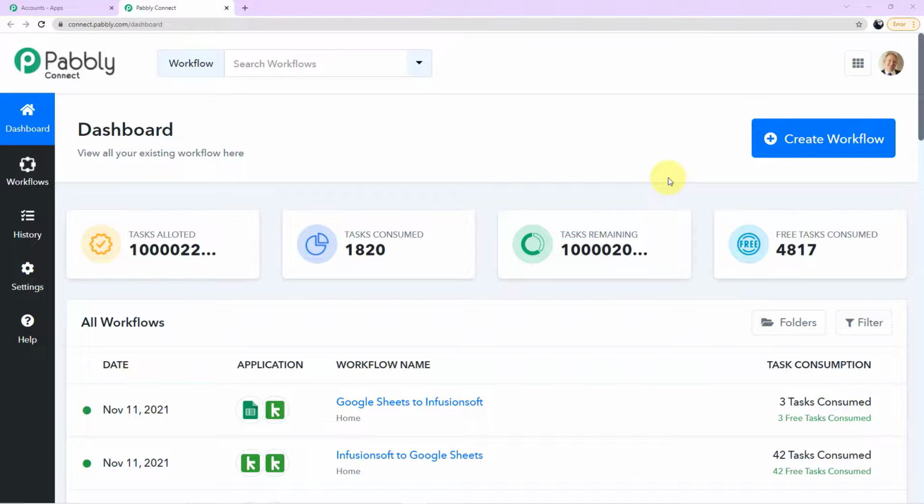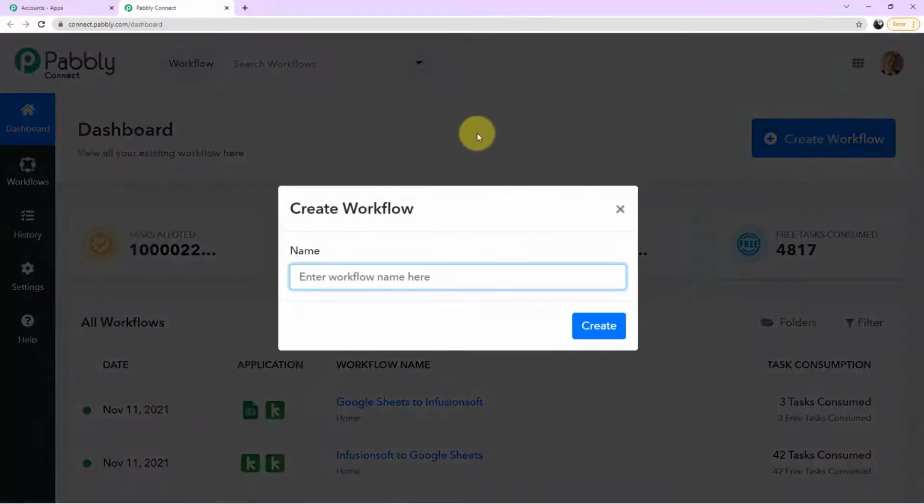As you can see on my screen, this is the dashboard of Pabbly Connect. This is how the dashboard looks. Okay, now we have to create a new workflow. For that, you have to come to your right corner where a blue button is given which says create a new workflow. You have to click this, and a mini box will emerge in front of you which will ask you to name your workflow. So let's give our workflow a name. Okay, let's say I'll give the name to my workflow as